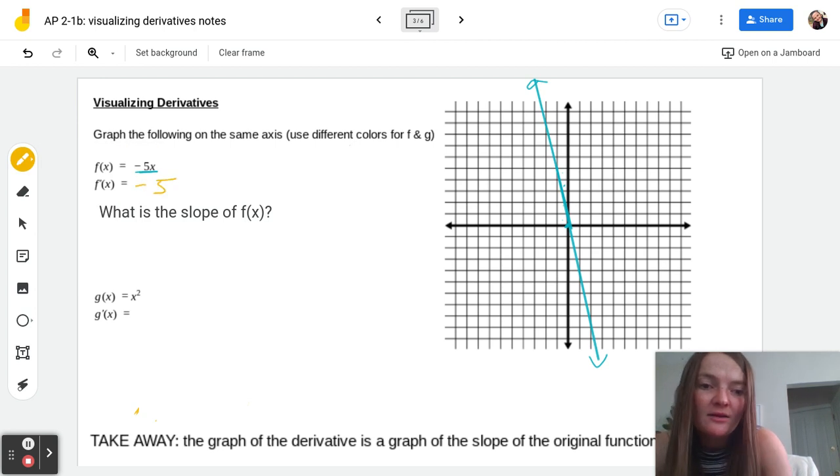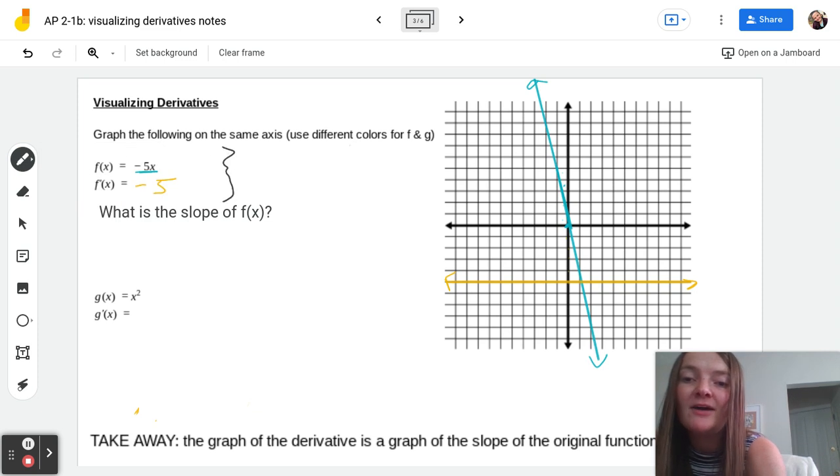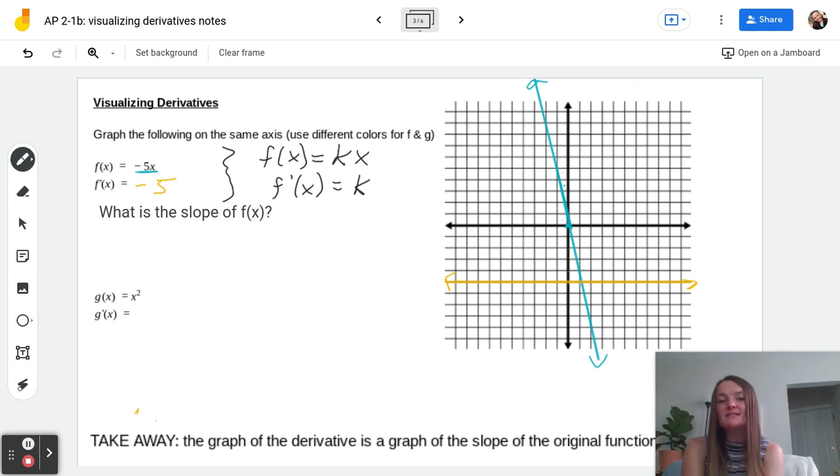And I'm going to graph that. 1, 2, 3, 4, 5. We're going to create a horizontal line here at negative 5. Because the slope of a linear function, negative 5x, is always negative 5, we can actually say that the derivative of negative 5x is actually negative 5. In fact, we can make a general rule for it. If I have f of x is equal to kx, then f prime of x is always going to be equal to k. So in essence, a constant times a variable, the derivative of that will always be the constant,